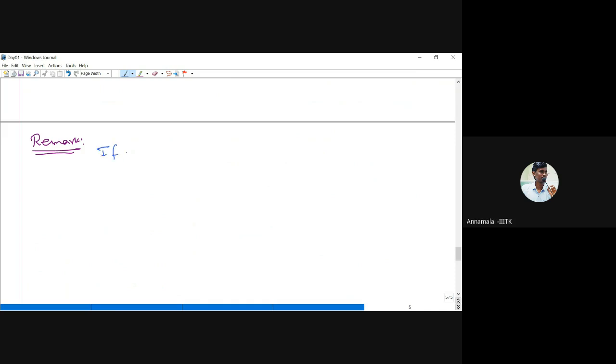If alpha is the least upper bound, because it should be unique. Okay? If alpha is the least upper bound of A,